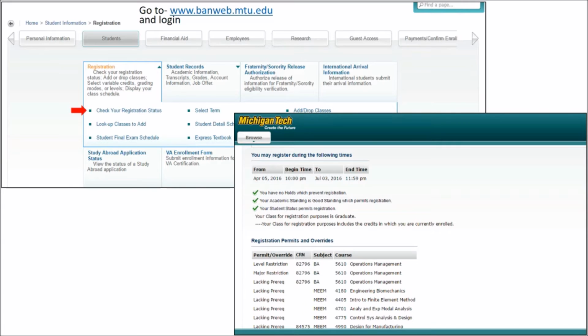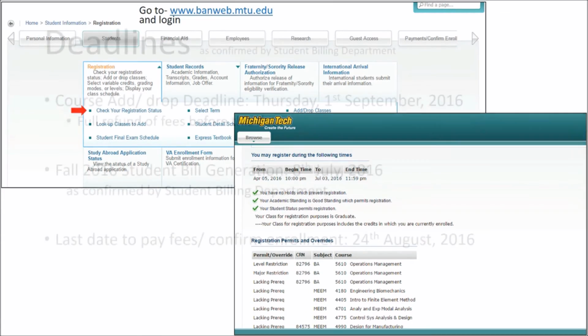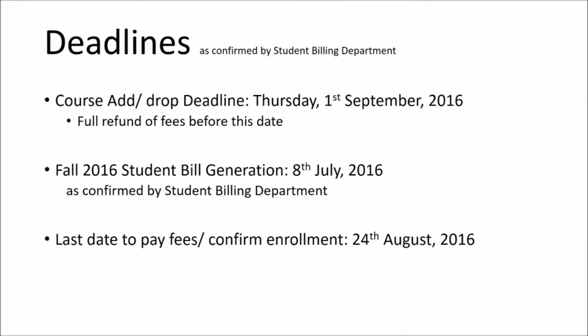Thus you can add and drop the courses whichever you want. Some courses may be already full when you try to register for them, but we suggest you to be patient and keep checking the portal or even email the faculty. The number of seats may be increased or someone might drop the course which you can grab later on. You can play this add or drop course game until 1 week after the first day of the classes. However, for this fall 2016 semester, it would be Thursday, September 1, 2016 to be the last date for adding or dropping the courses.